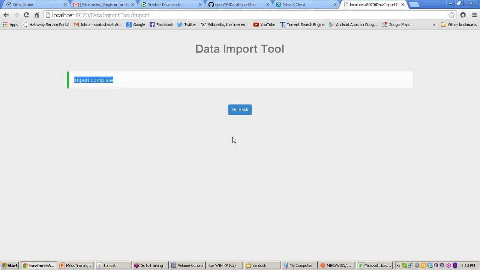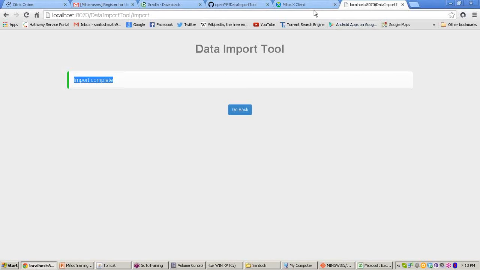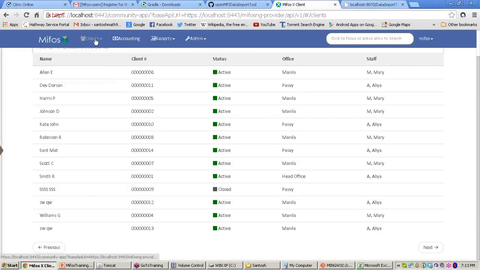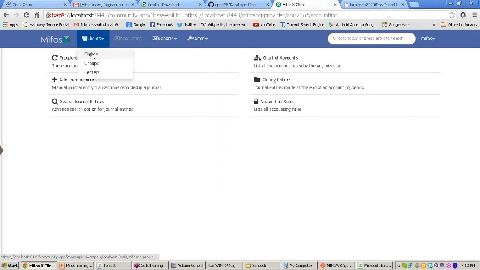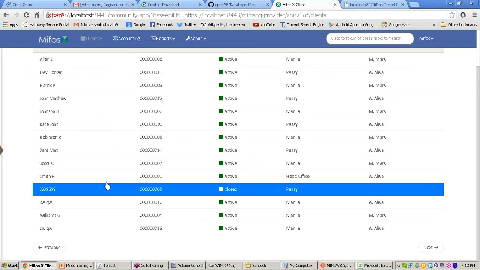Now what we have done, we have entered 3 clients' information: John Matthew, Austin, and Barney. Now let's check whether they have uploaded successfully or not. Let's go to clients.